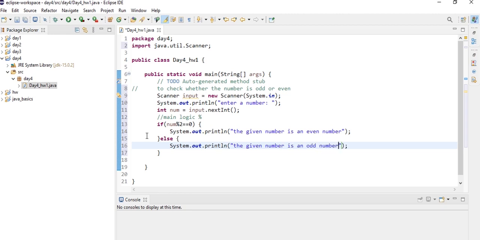That is if the remainder is 0, it is even, and if it is not 0, if the condition evaluates to false, then this only will be printed, that is the else part will be printed.